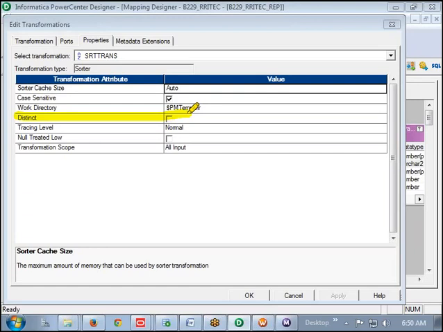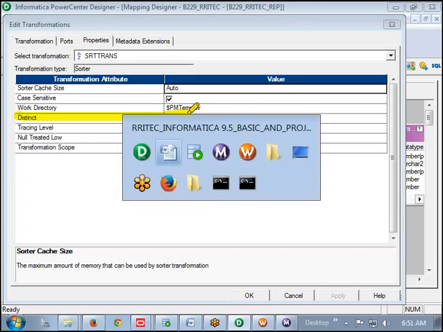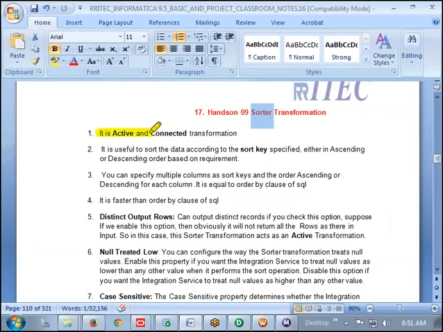What will happen? Is it going to remove the duplicates or not? If it removes the duplicates, then there is a chance that in the source I may have n records, but the target may be loaded with n minus something, right? Because of this behavior, the sorter transformation is known as active and connected.